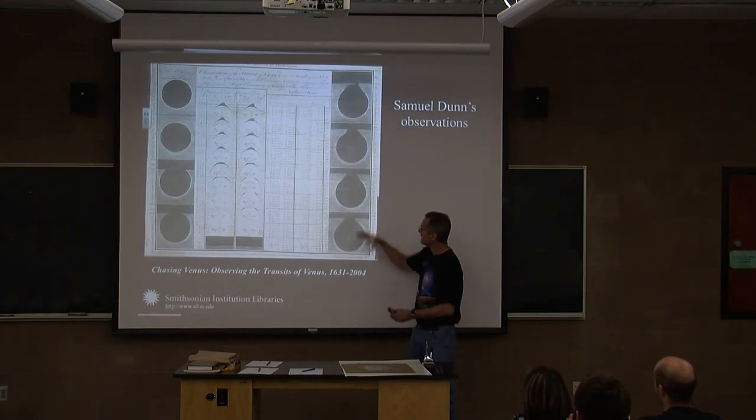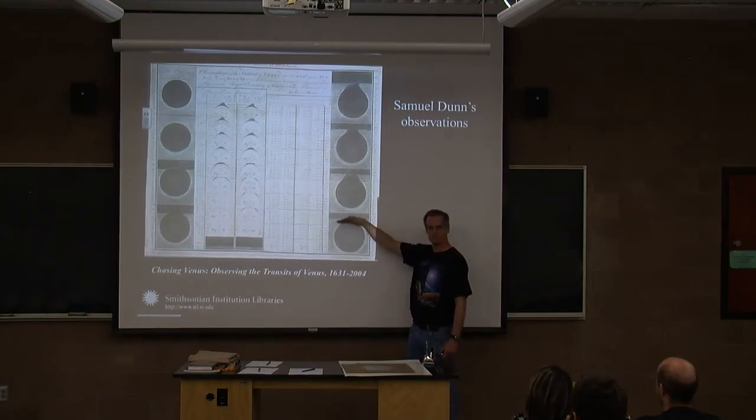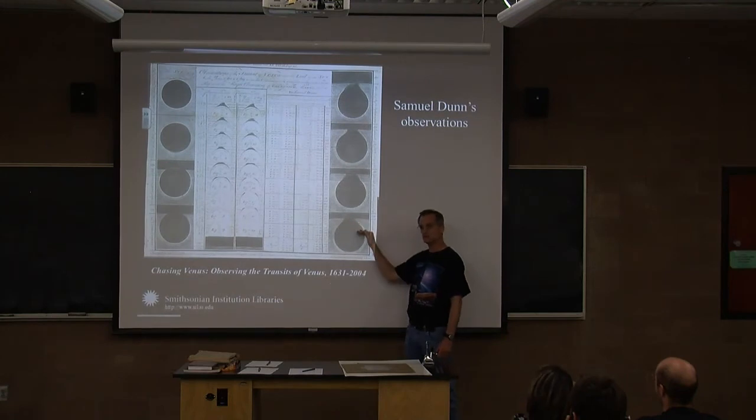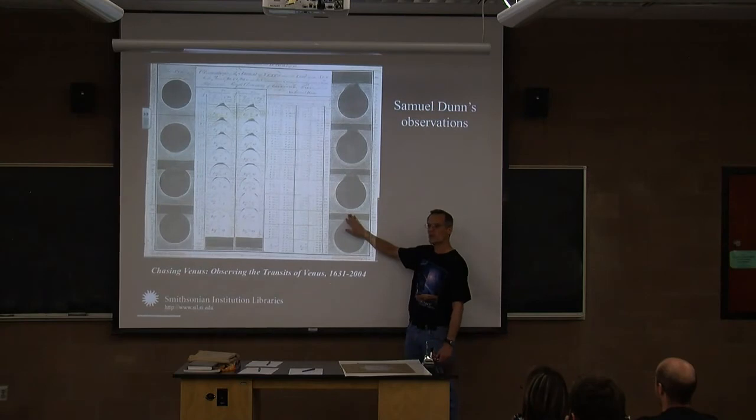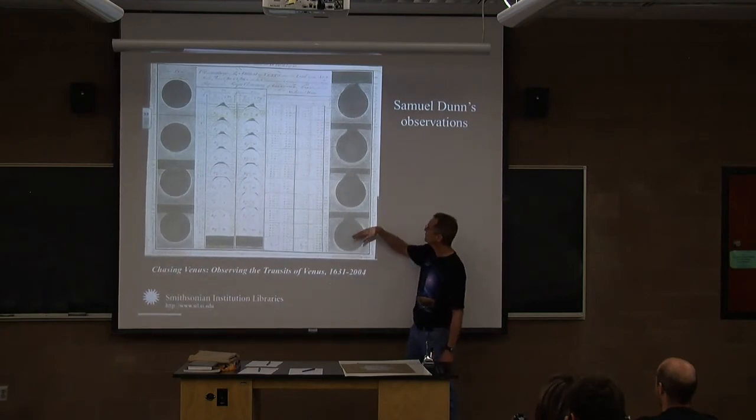And in fact, as it's entering the disk of the sun, the disk of Venus sort of smears out until it gets far enough that all of a sudden this smeared part just collapses and it becomes a nice sphere, a nice circular disk. As it's approaching the edge of the sun on the other side, at one point it actually reaches out and grabs the edge, so to speak. It smears itself out. It's some kind of strange, weird optical effect.